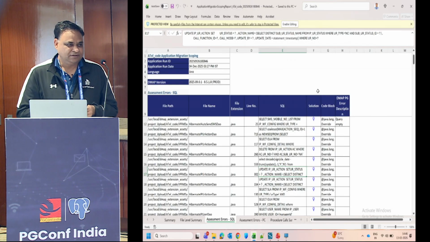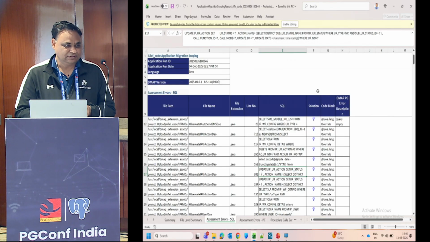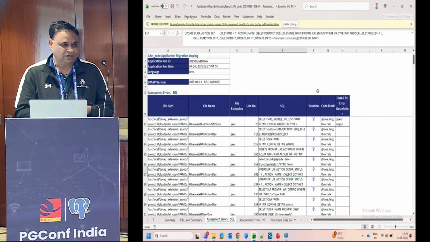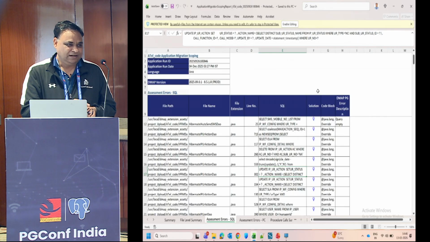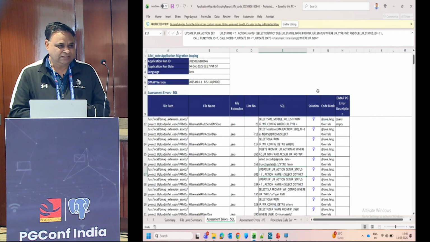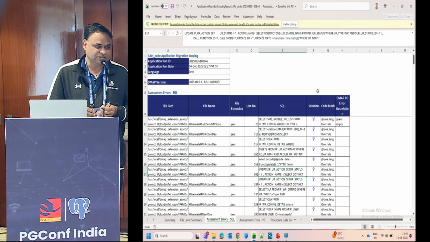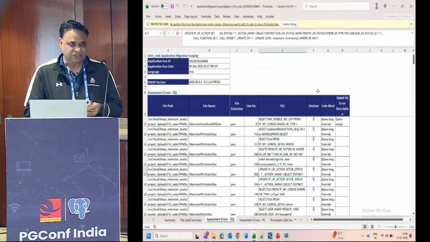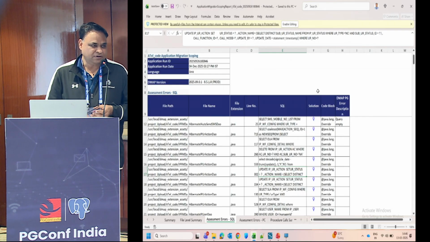This request has come from many customers, because today they are facing problems with Oracle: the objects become very heavy, they have to increase the capacity of their Oracle CPUs or RAM, and every time they increase the capacity, additional license costs come into the picture. So they want to take these database objects from Oracle and put them into Java or microservices. We are working on it, but it's still not in a mature phase at this moment. As a project execution we can do it, but not as part of the platform.